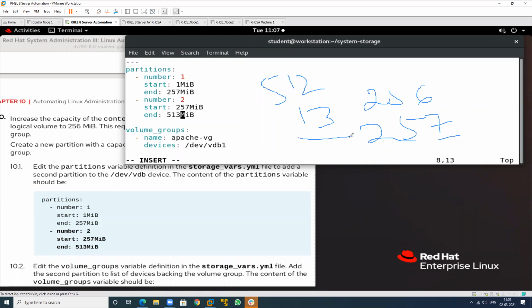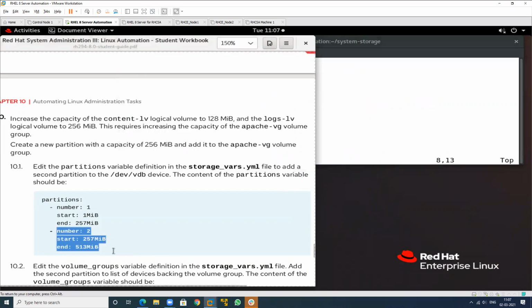So one is more. Then the next partition starts at 513 also, and we want to create a 200 MB increase. So if we want to increase by 200 MB, then this is 17. So this starts and goes till 514. If we want to create more partitions, it means till this. One number is increased in this. So this has been completed.